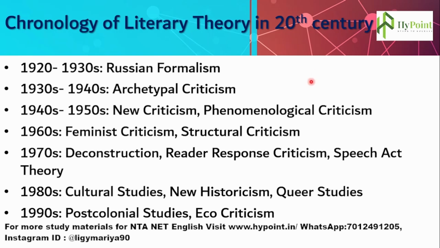So in the 20th century, especially after the two world wars, we can see the emergence of a lot of literary theories, concepts and ideas related to literature, which all give a theoretical framework to analyze and interpret literature. So what are the theories that are there in the 20th century and what is their chronology? I have seen in one question paper a question like this: you have to arrange the literary theories of the 20th century in chronological order. If you think about it, it is very difficult.